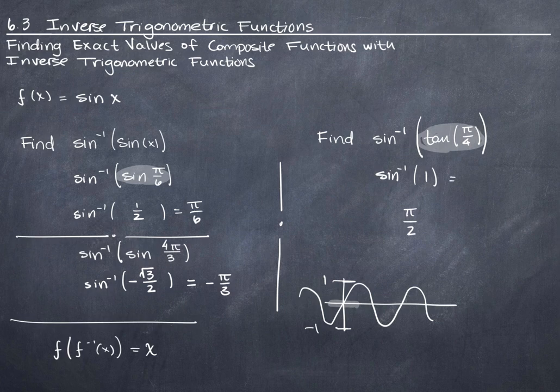Okay, I'm going to move things around just a little bit here, and we're going to do another example, because that one was pretty straightforward. It was easy to find the tangent of pi over 4. We found the value here of 1 gets output within the range of values that we need, negative pi over 2 to pi over 2, so we just put in the answer here. But what